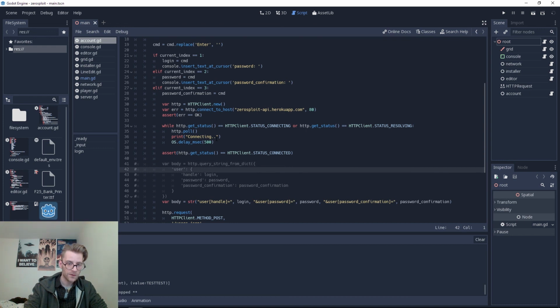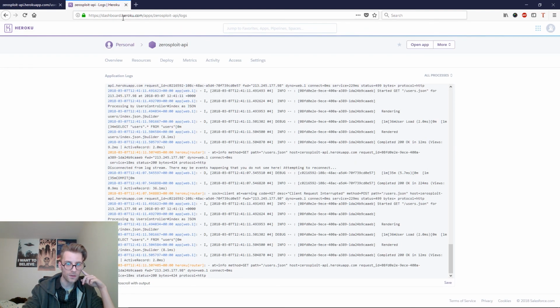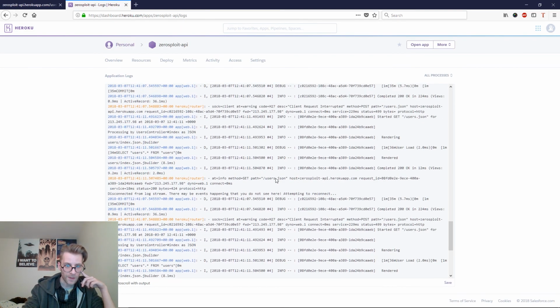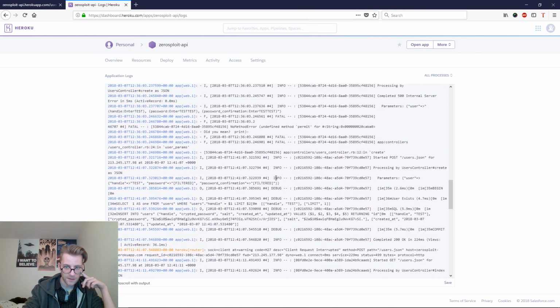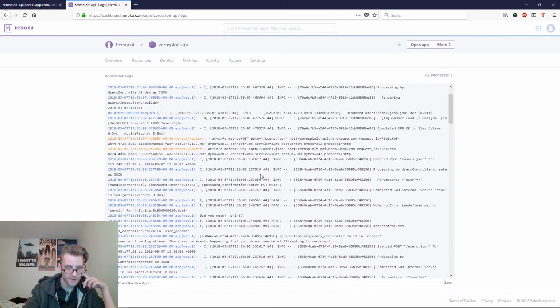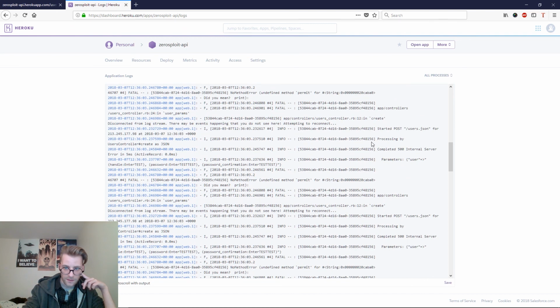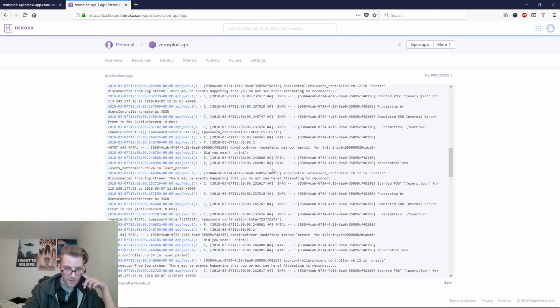Then I was trying to do it the nice way with using HTTP query string from dictionary to just pass in a dictionary like this and have that resolve to my body. But the problem, and I can show you that in my Heroku logs right here, was, now we have to search for it a little bit because some stuff has happened, I was getting an error, and the reason being was that the body wasn't passed in correctly. So let's just see, this is where a post request came in,